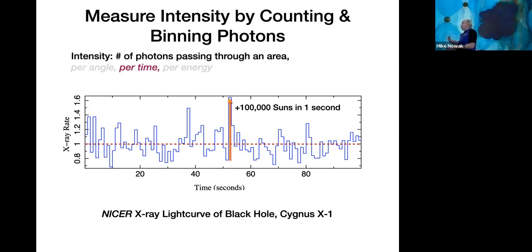So that is basically saying that this is a very compact object, to have something that can turn on 100,000 suns in 1 second. Now, you know that nothing can move faster than the speed of light. So to give you an idea of the size scale, our sun is 3 light seconds across. So this has to be happening in something that is significantly smaller than the size of our sun, that we have 100,000 suns turning on in X-rays in only 1 second. So that's a light curve, but we're not going to really talk too much about light curves.